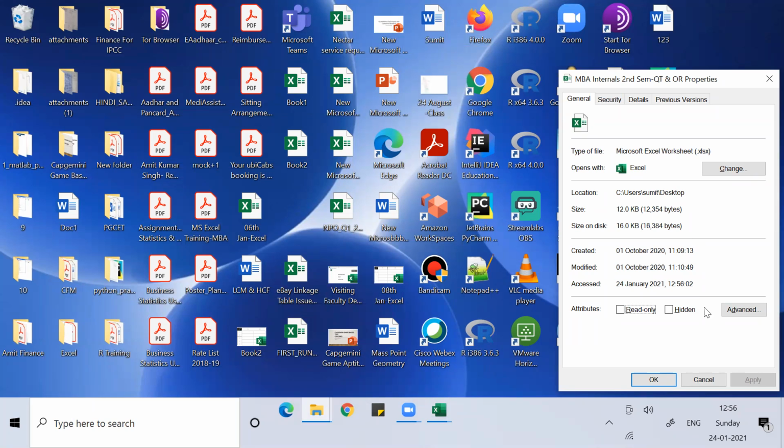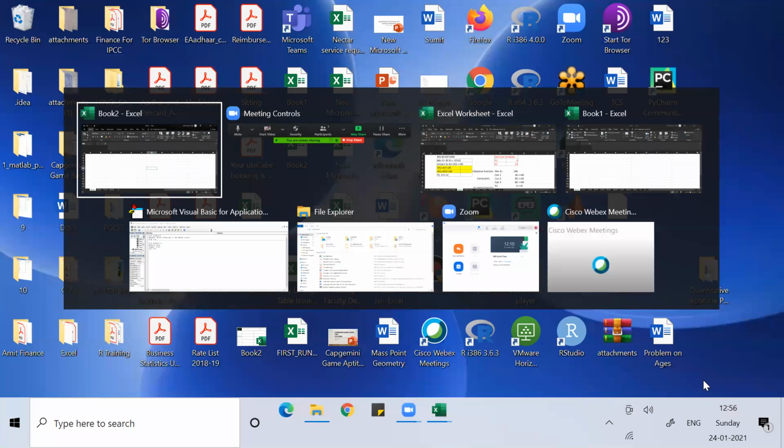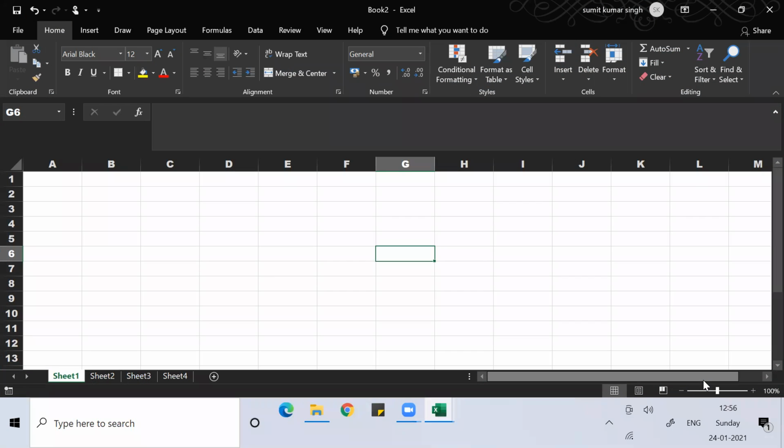That way, if you want to open it from any remote location where they are not using an updated version of Windows, you can easily open it. That advantage you get if you save it in 97-2003 workbook format. Again, that depends on how you want to use that workbook.